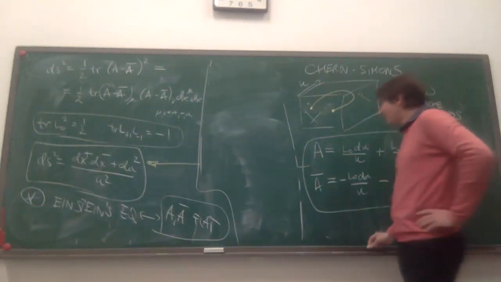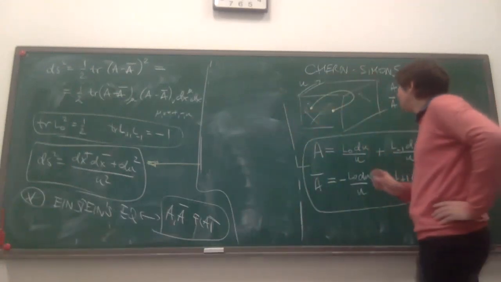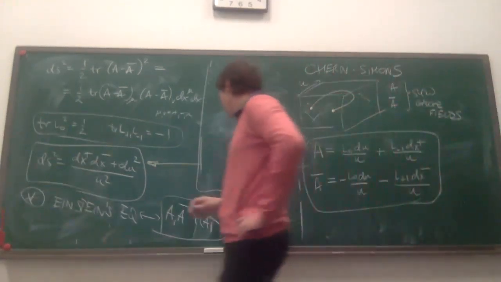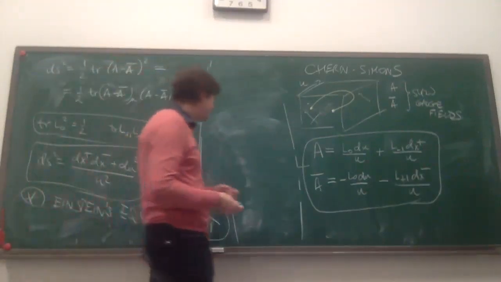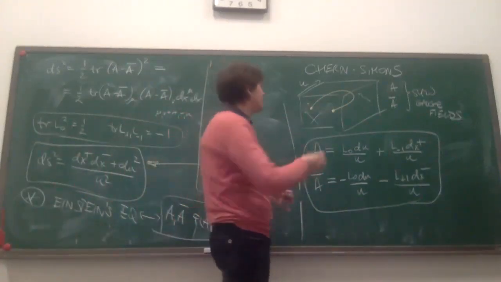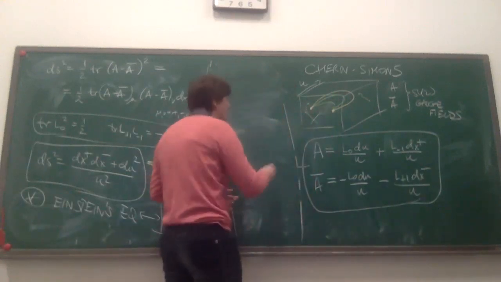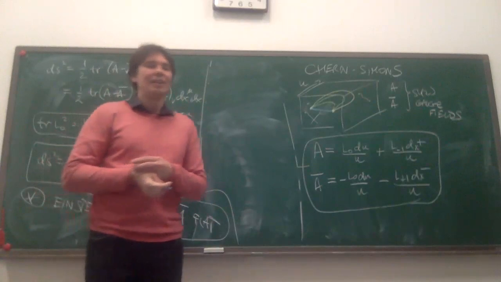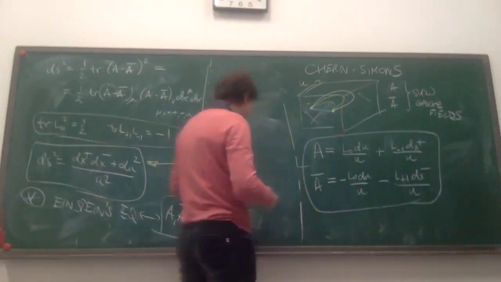Okay, so let's try to evaluate one such Wilson line and see what happens. Here's the first thing about evaluating these Wilson lines. Remember, I just told you that my A and A bar are flat. The fact that they're flat means that I'm free to deform the Wilson line everywhere except at its endpoints. So this Wilson line is the same, and this Wilson line is the same. And in fact, this Wilson line, which goes entirely in the boundary, is just as good for evaluating it. It gives me the same outcome because of flatness.